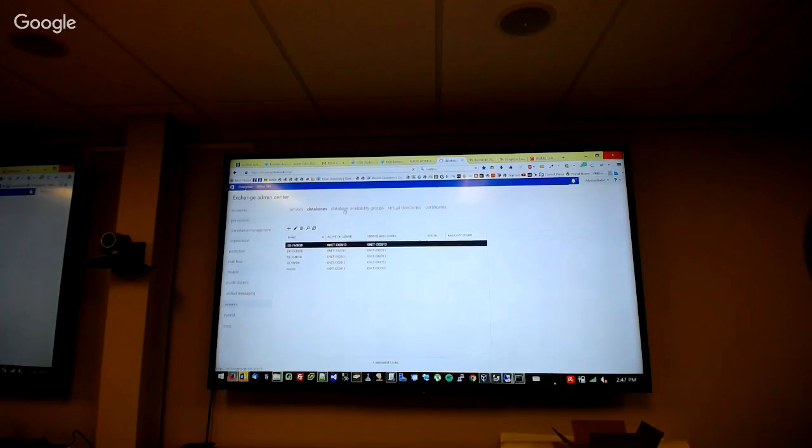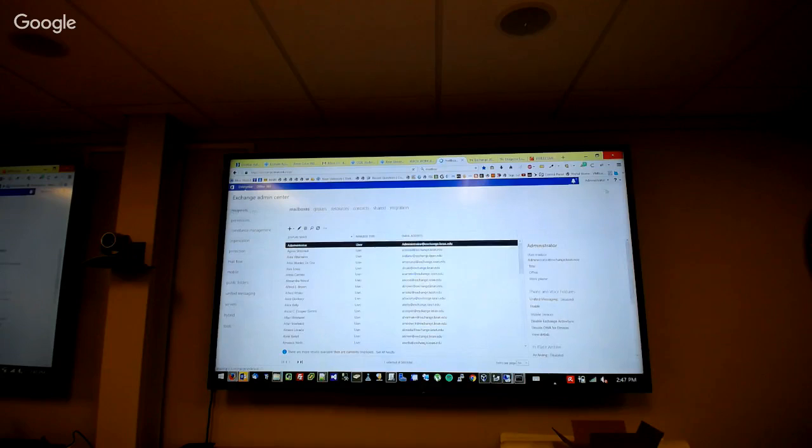What else? Yeah, it has a malware filter. It takes care of itself. This MS test, that's from when I was working with Microsoft. I created that database, so there's really nothing in it. You don't have to worry about it. You don't use DAG